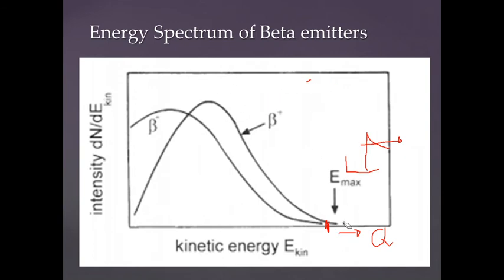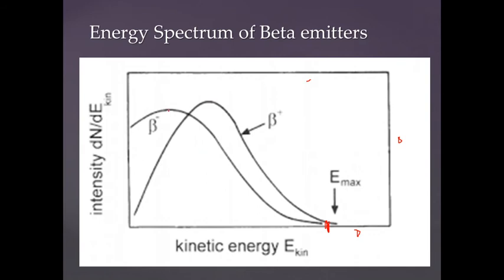that the beta minus curve is shifted towards the left, the peak is shifted towards the left, and the beta plus curve, the peak is shifted towards the right. You can see this. The reason is simple: beta plus particles are positively charged, so they get a repulsion from the nucleus, because the nucleus is also positively charged. So when it is created, it gets an additional thrust. So that's why the peak is shifted here.